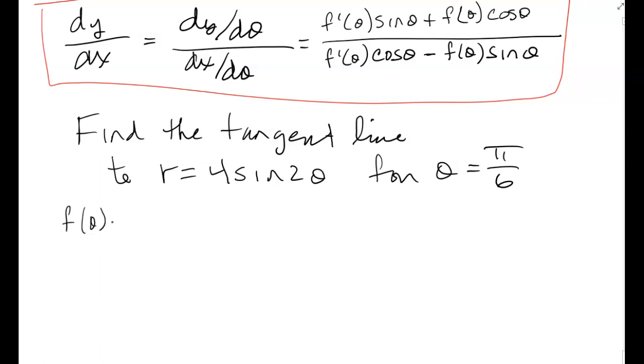So if f of theta equals 4 sine 2 theta, we're going to do a little work here. What would f prime of theta equal? Because I'm going to need that. Well, wouldn't that be 8 cosine